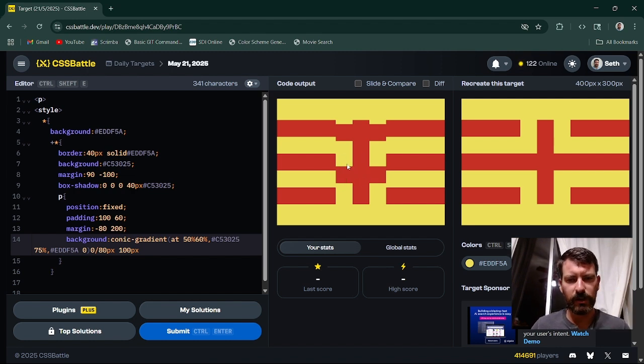So we have our, the red is going 3/4 of the way around, and then it's completing the yellow the last quarter. And so what I'm trying to determine is where in the body tag that gets started, right? And then this is determining the size of that background image. And what I want it to be